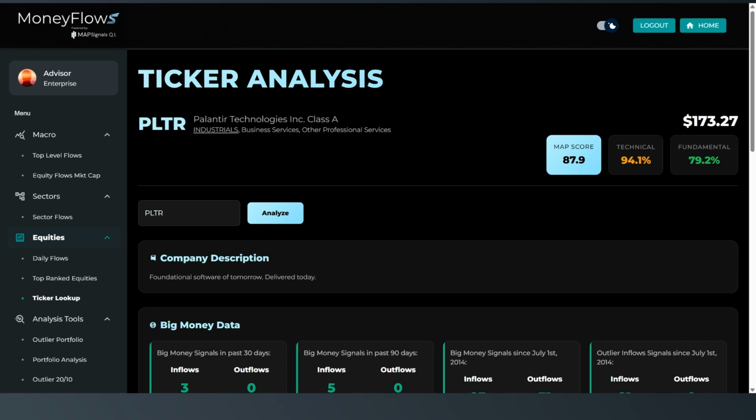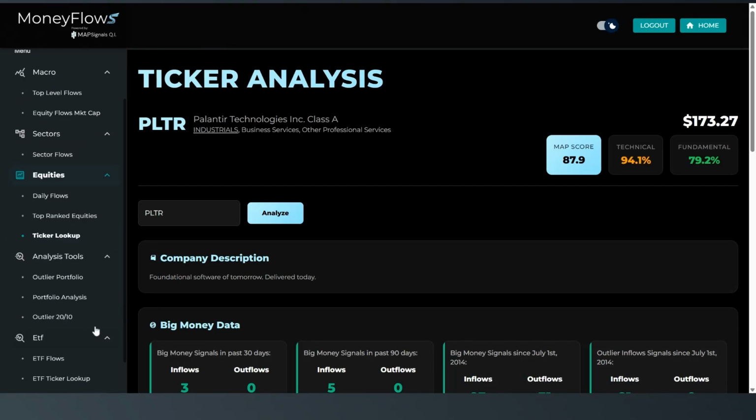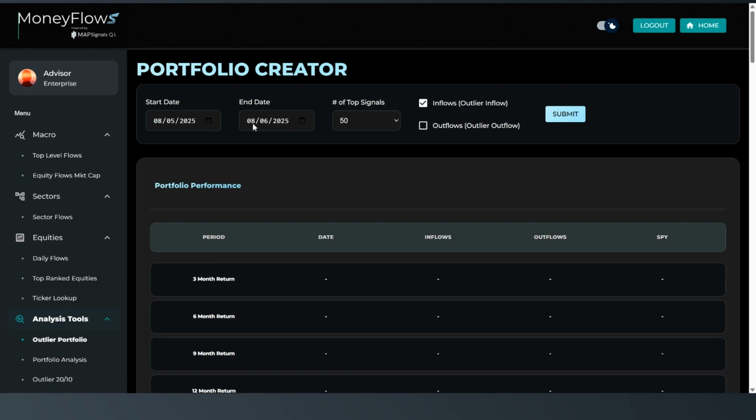Okay, so you can do this for all these tickers to really get a strong money flows picture of a stock. Now, let's go ahead and check in on one other tool that you can use. So this portfolio creator is designed to showcase the top recurring stocks in a time frame. So let's go ahead and do June 30th, 2024,